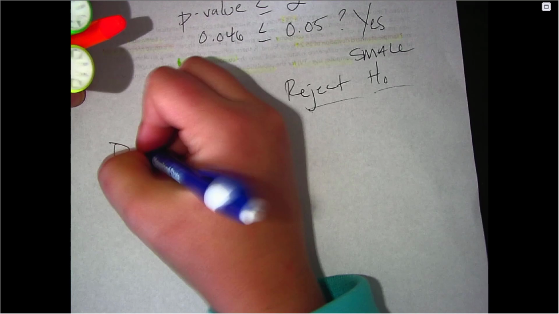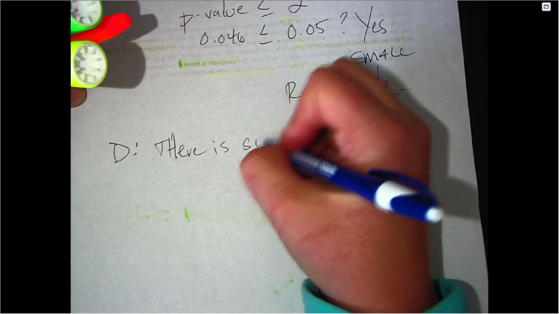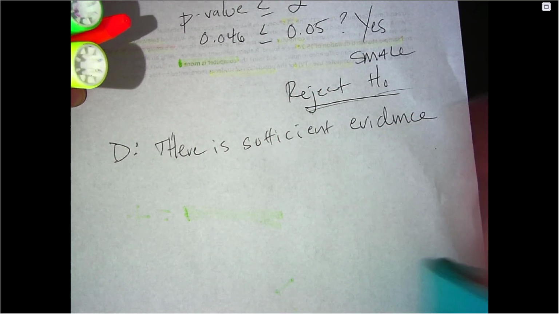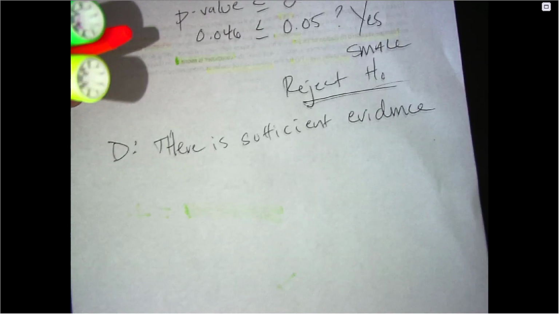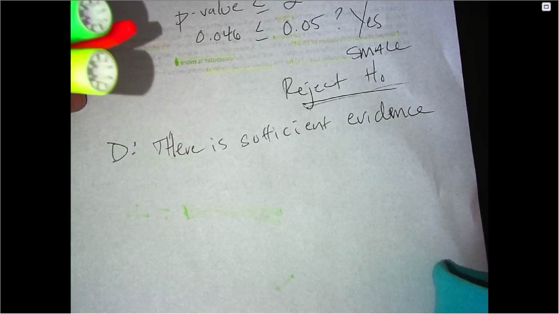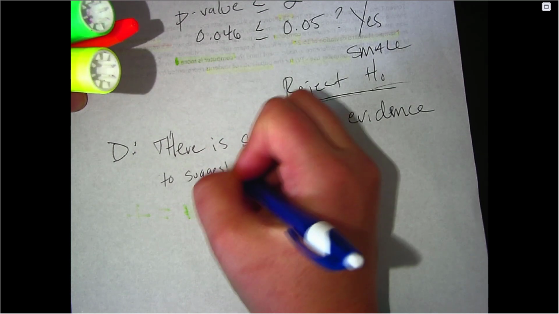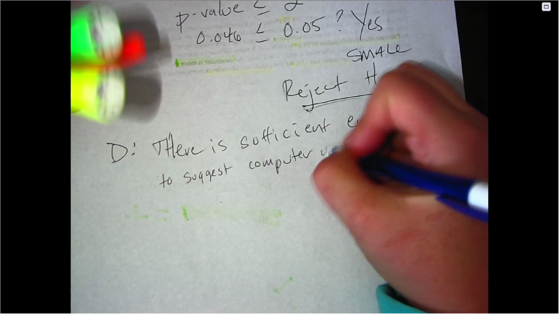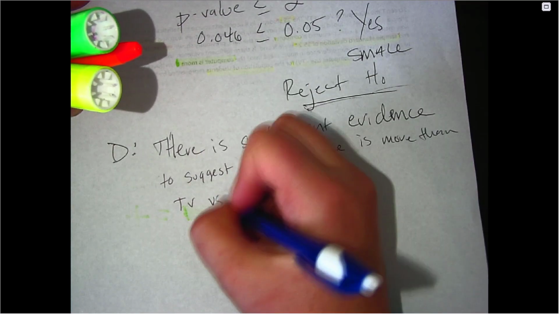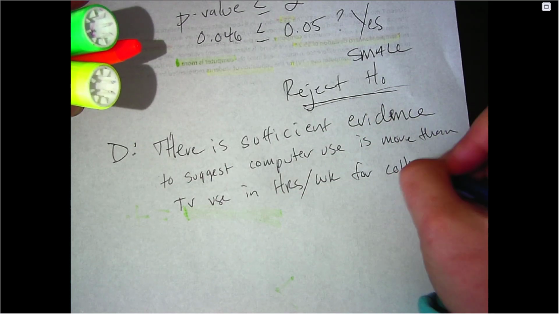And then the D is drawing conclusions. So because we rejected the null, we're going to start by saying there is sufficient evidence. And we always restate the alternative in the D part of our FRED method. So I am going to restate our alternative. I'm just going to do it in a way that makes it easier to understand. So we're going to say there's sufficient evidence to suggest computer use is more than TV use in hours per week for college students